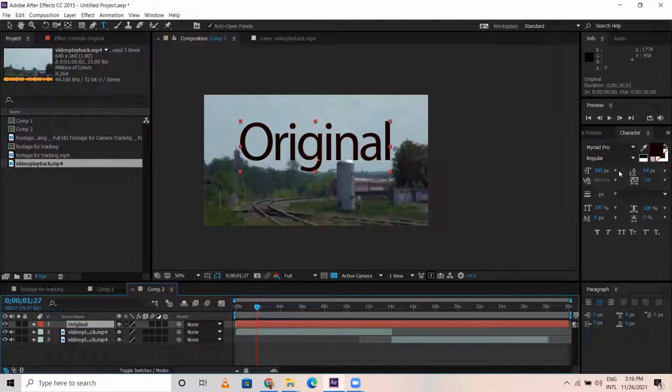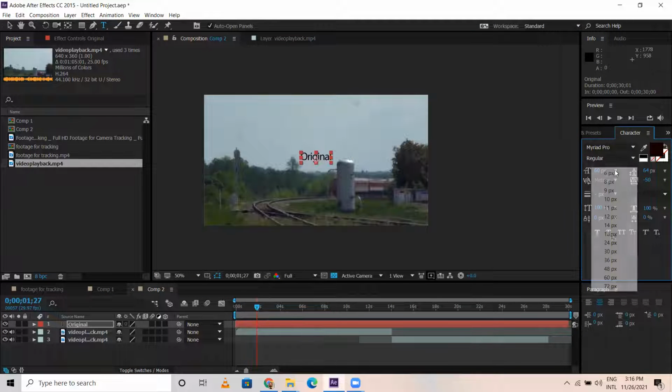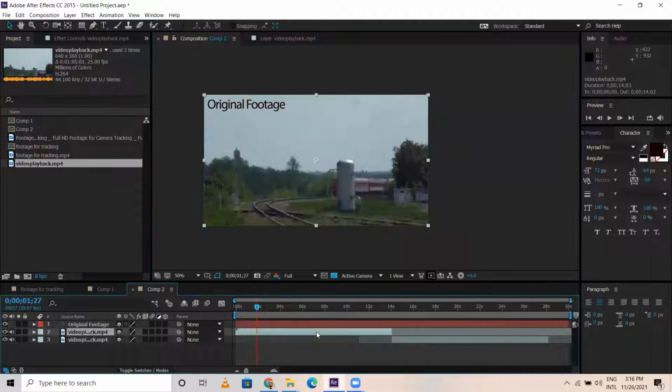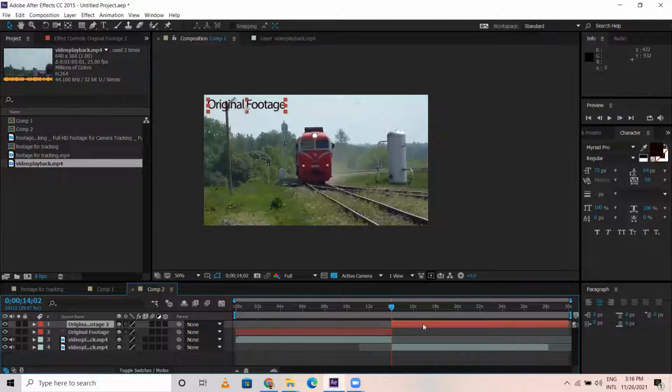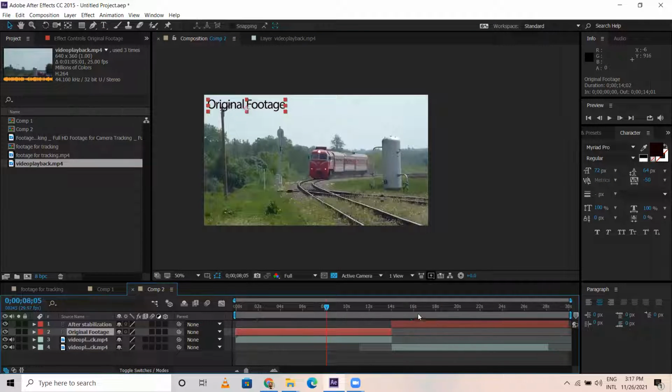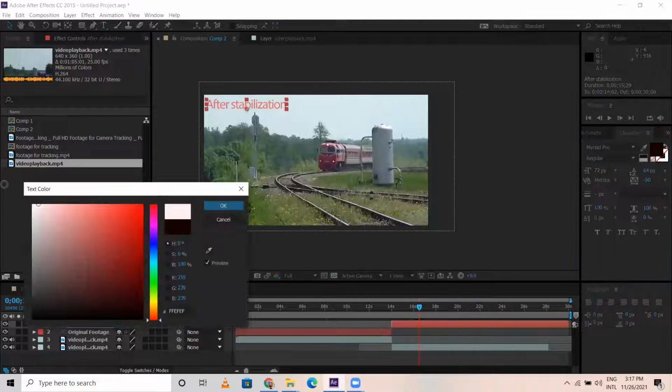Original. After stabilization. Okay. This is the original footage. This is after stabilization.